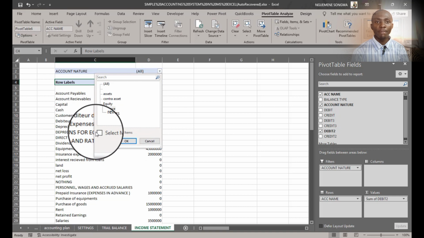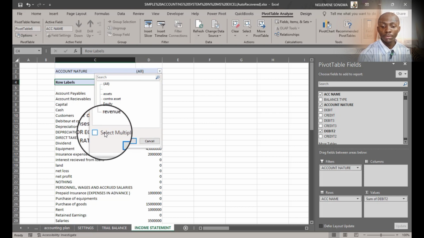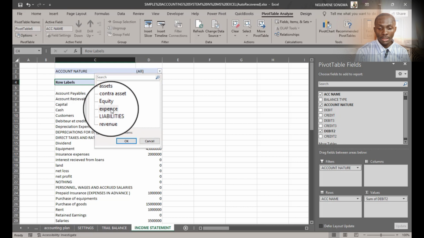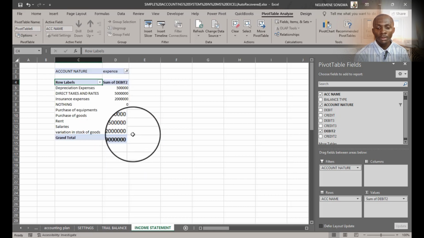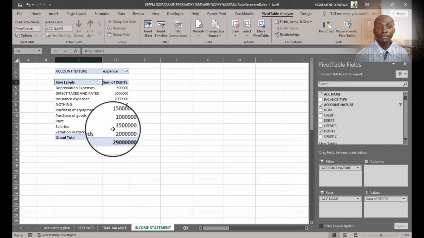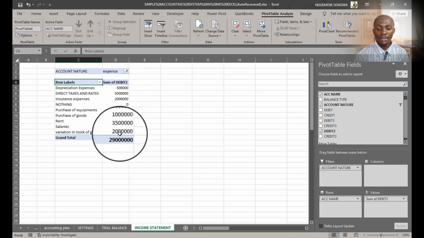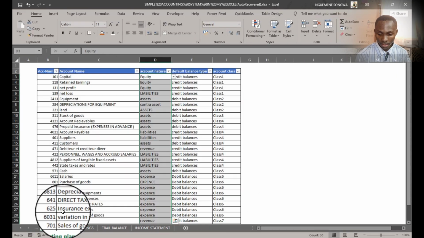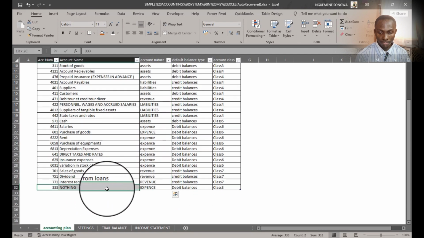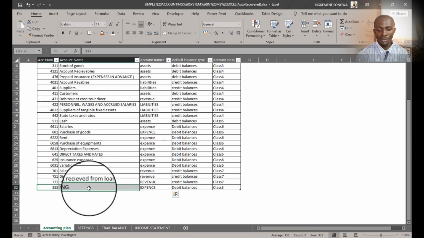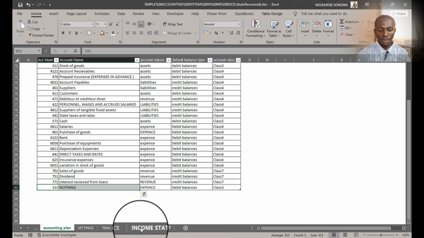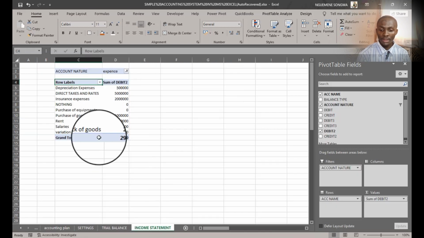I could also filter many account types. It means that, for example, if you have many account types you're dealing with, you can select multiple items. But I need only this, so I take okay. So you can see it has given me all the expense accounts and their amounts, all the expenses that actually existed. Sorry, at the level of the chart of accounts, there is this account that I just made just to test something, but we're going to see into that later. So those are the different